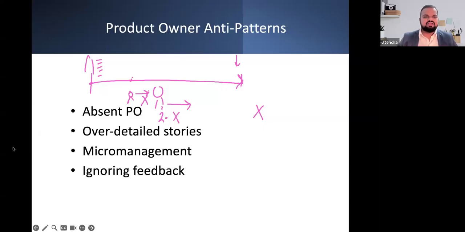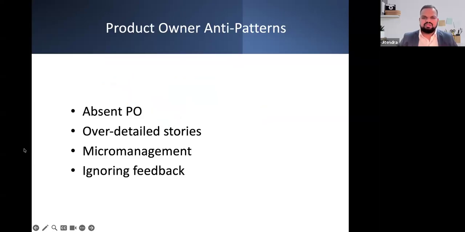And definitely in this context, what is going to happen is rework, meaning extra time, extra money that we are going to waste here. And that is why the PO is required to be part of the team and approachable. Over-detailed stories, writing too much technical aspect, you also do this. No, you are a functional person, just define the functionality. Micromanagement, who is the developer, who is working on what? No, not required. You are a product person, you take care of the product side of it.